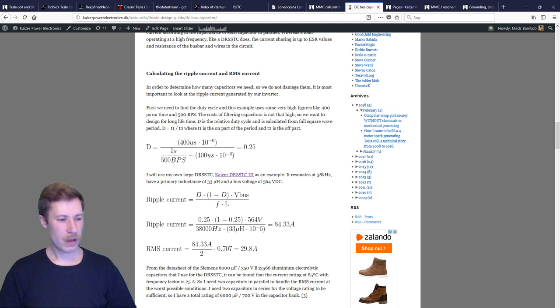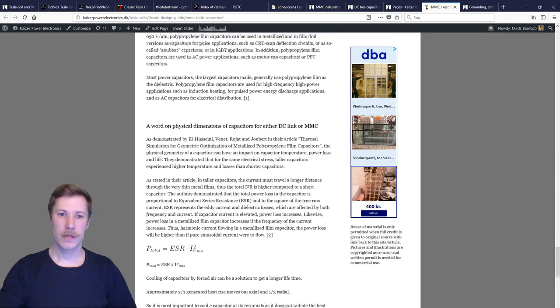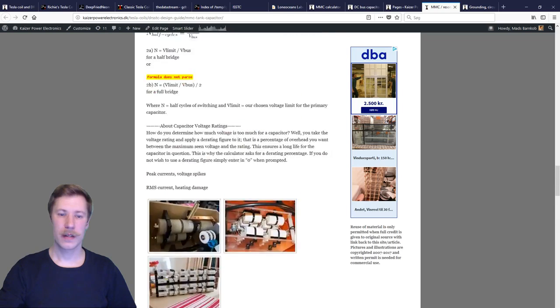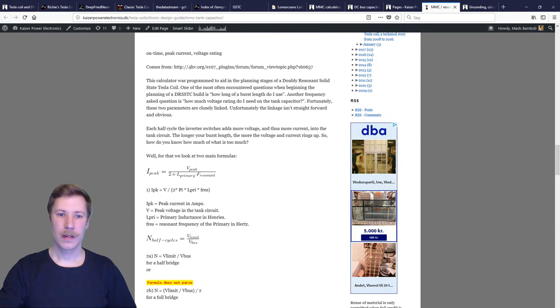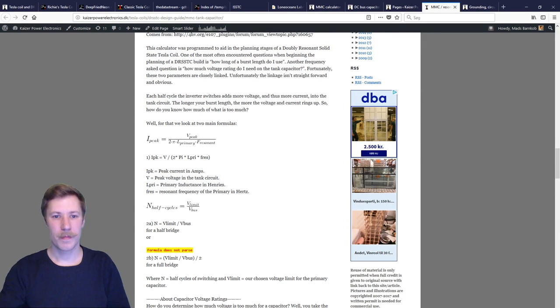Okay, so Paulux asks how to calculate the DRSSTC primary current. This I would write about in the MMC chapter, which is unfortunately not completely done yet. There, as you can see here,